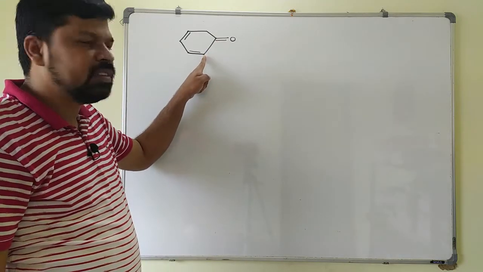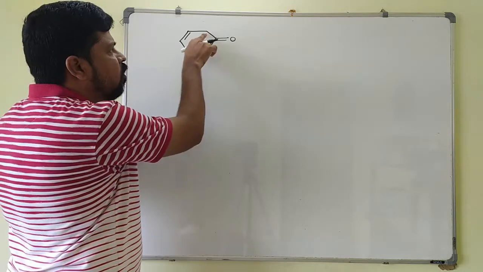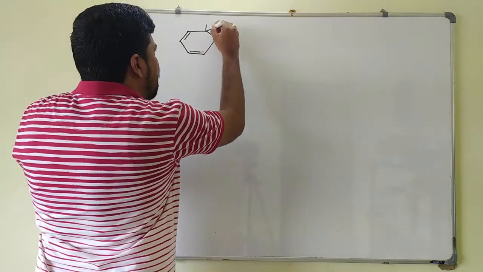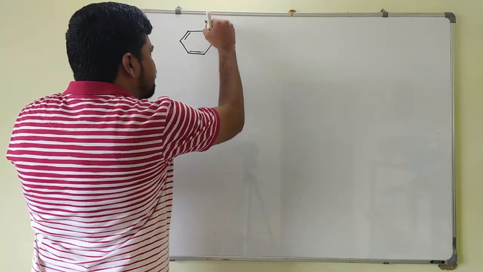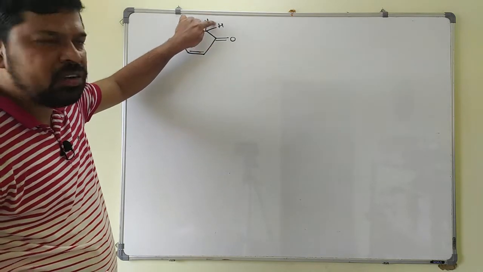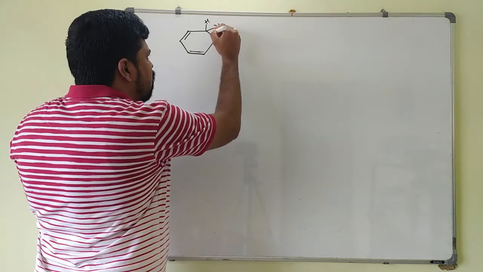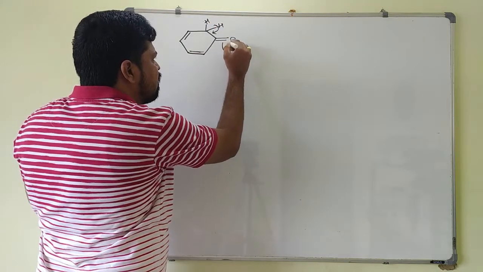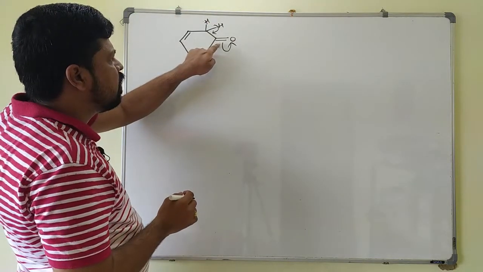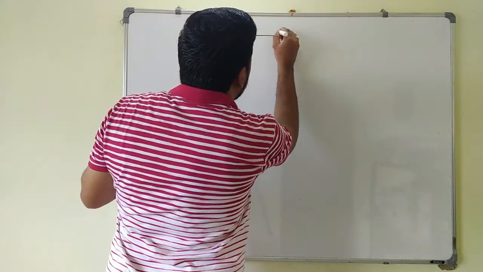Next to this one is the alpha carbon atom, but this alpha carbon atom is sp2. If you go for this one, this alpha carbon atom is sp3. Here two hydrogen atoms are present. So there is an sp3 carbon next to a heteromultiple bond with hydrogen atoms, so tautomerism is possible. This bond will be shifted here and these electrons are given back to the oxygen. What you will get here is a double bond. This becomes O minus, H plus is coming here, and this becomes OH.